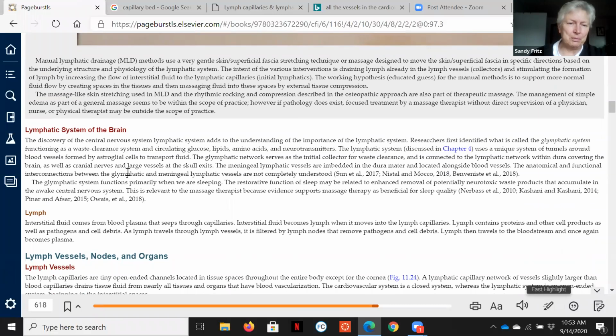And there was a point where they didn't think that there was a lymphatic system structured specifically in the brain, but they have come to find that it's called the glymphatic system. It also functions very much like the generalized lymphatic system flow, and it's tied in with the craniosacral fluid system. If you hold to that there is the teeniest little bit of movement of the skull bones, and when you're holding that and you feel that little pulsation in there,